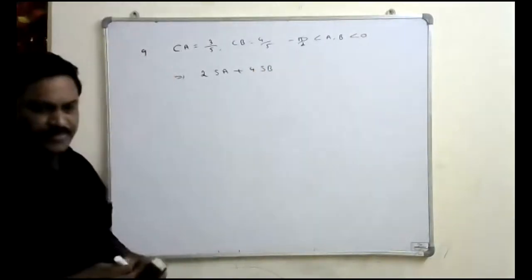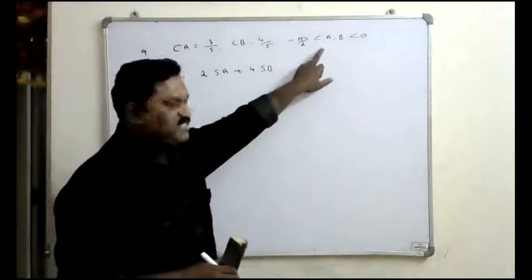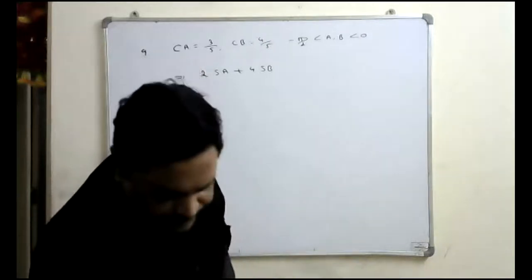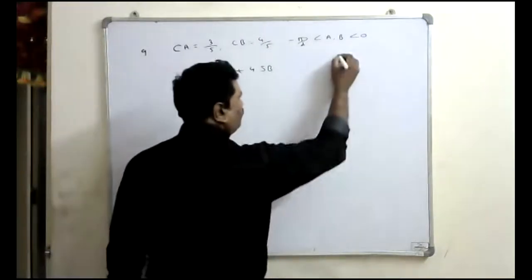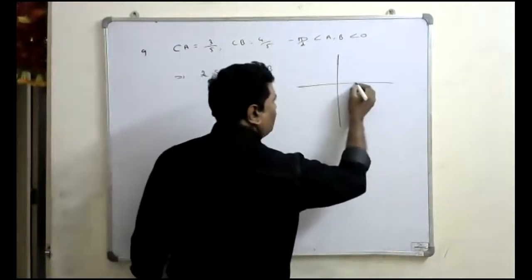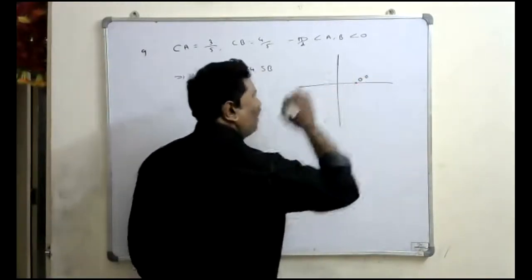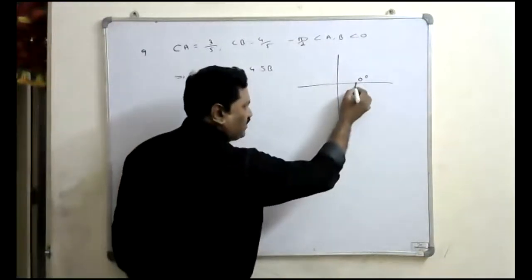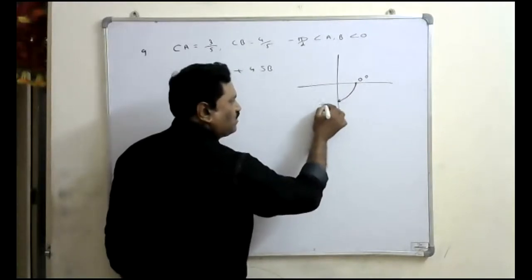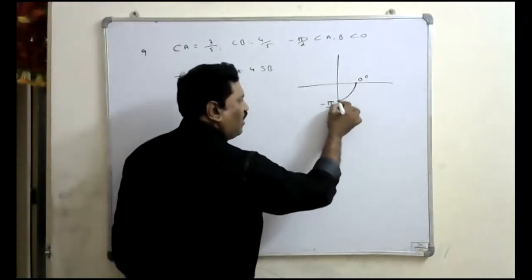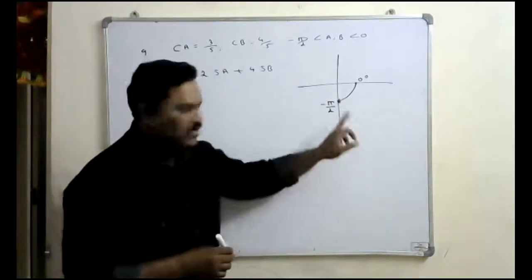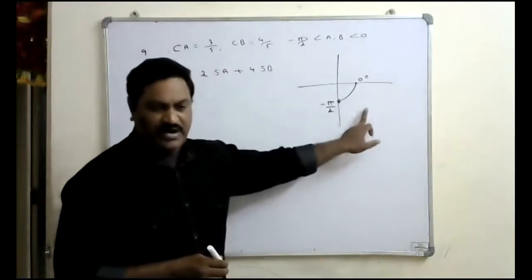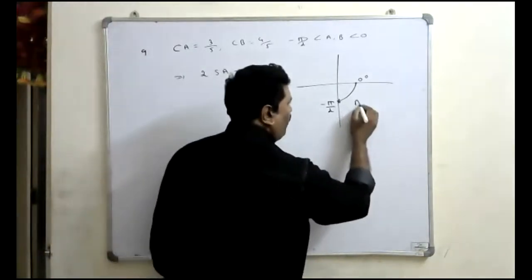Now to find this, observe that A lies between minus pi by 2 and 0. Tell me in which quadrant it lies? Minus pi by 2 to 0 means? Because while measuring the angle, you start to measure from 0 degrees on the positive x-axis. If you measure the angle in the clockwise sense, we have to take them as negative. That's why minus pi by 2 will be on the negative axis. Okay? Minus pi by 2 to 0 means that it lies in the fourth quadrant. Means A, B lie in the